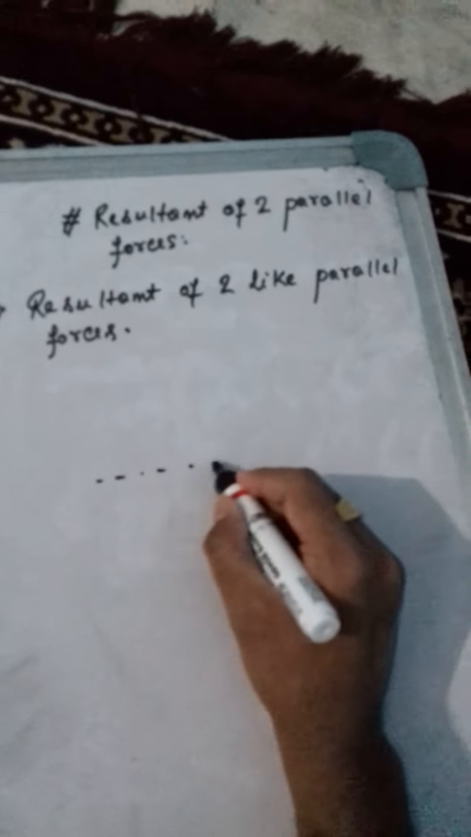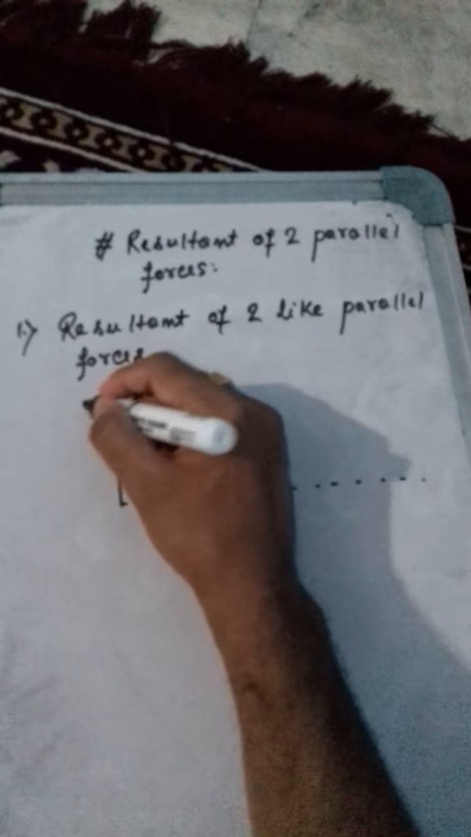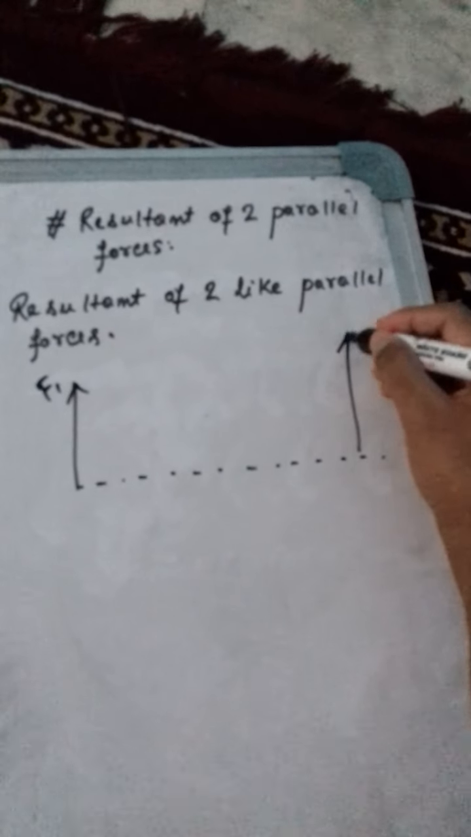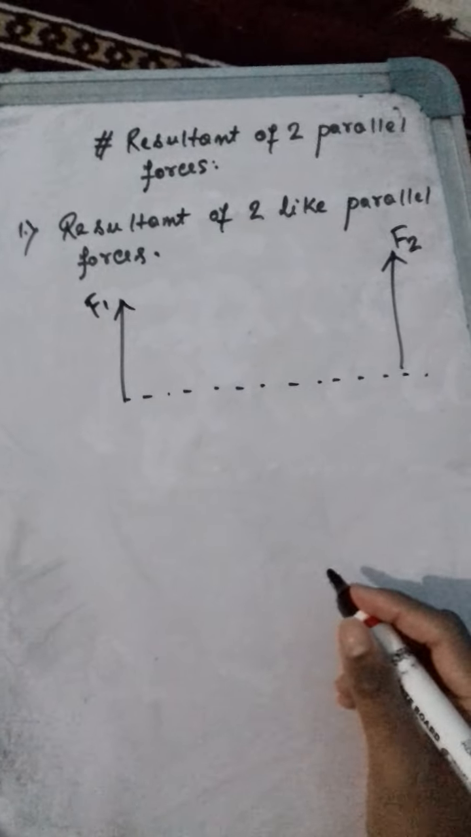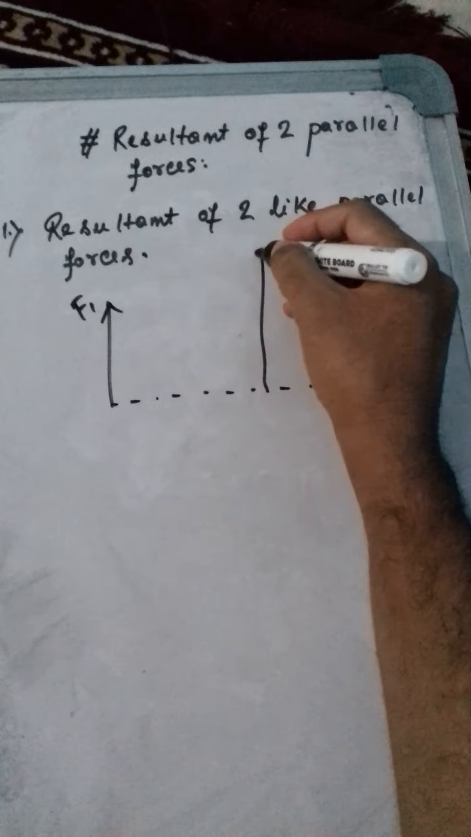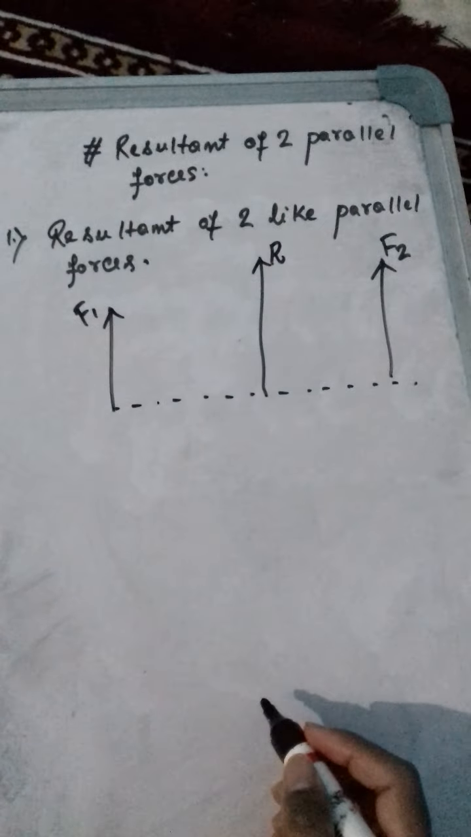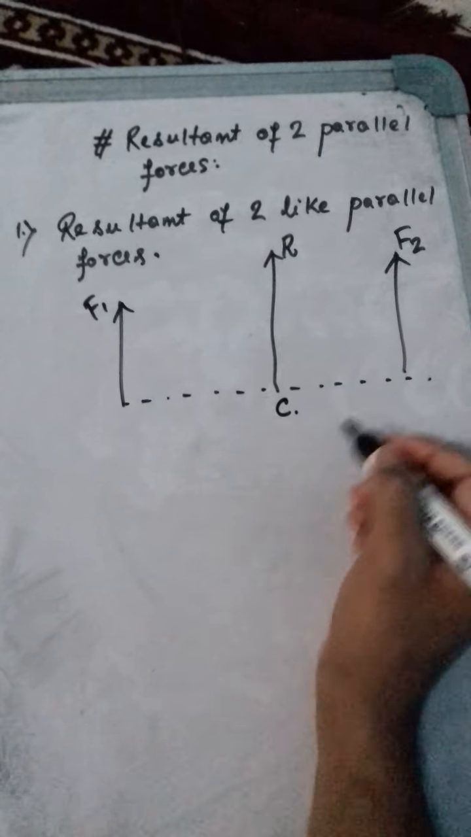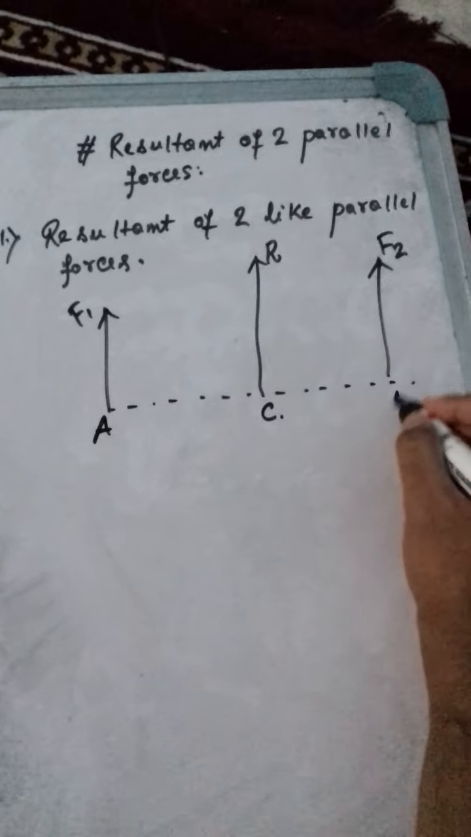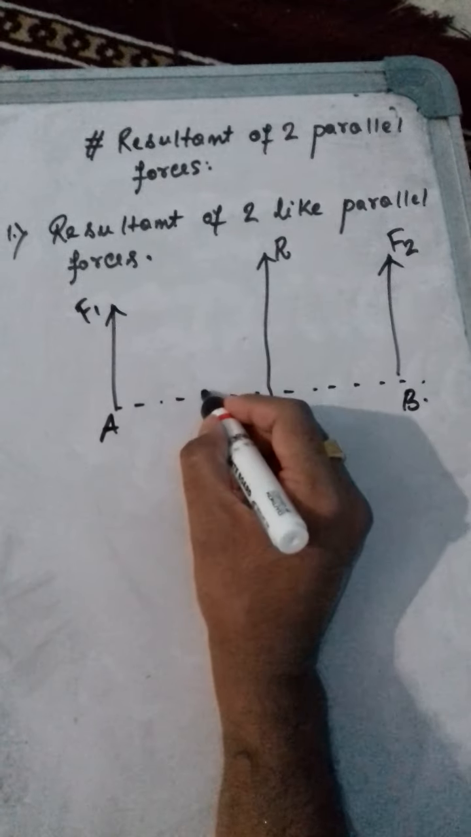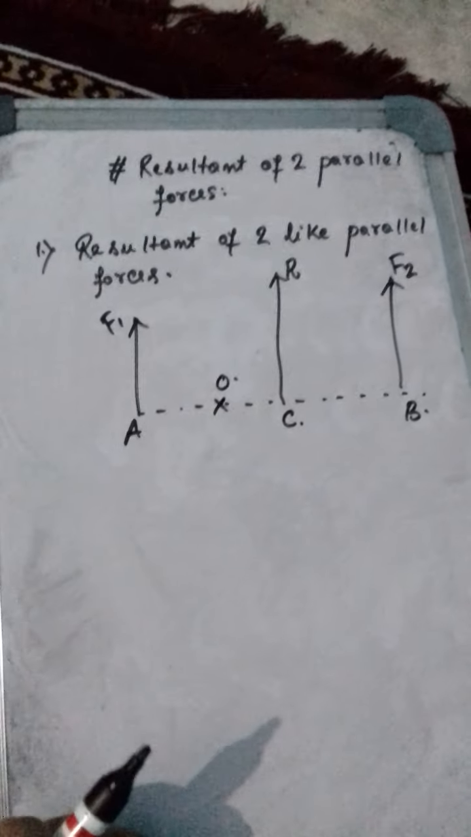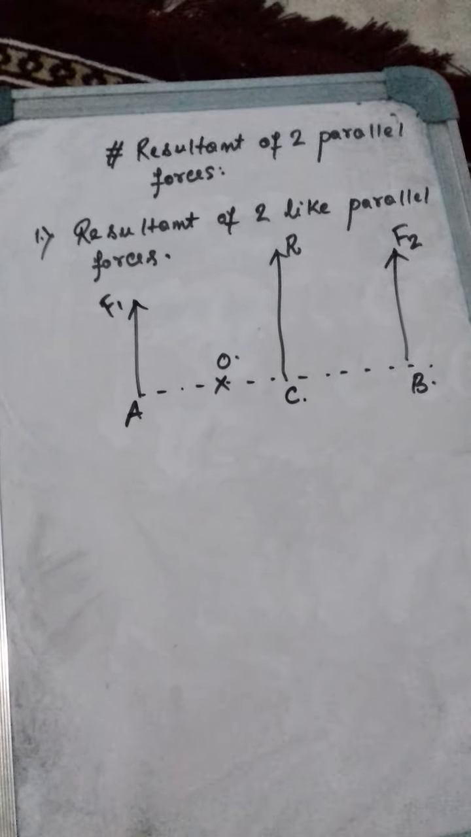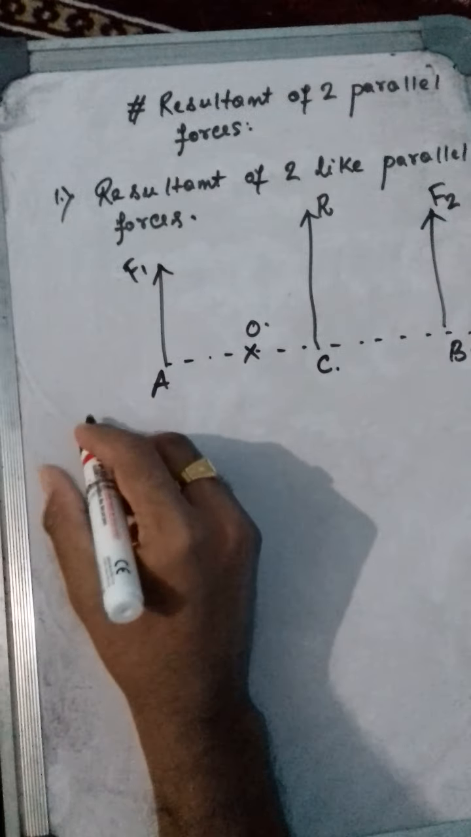Suppose two forces are there, F1 and F2. Now let us suppose the resultant is acting at this point. Let us name the point as C. Now let us name it as A and B, and suppose this is a point O. Clear? Okay. Now write down: the figure shows